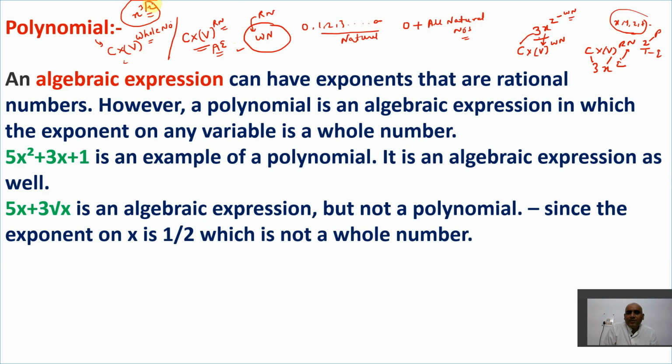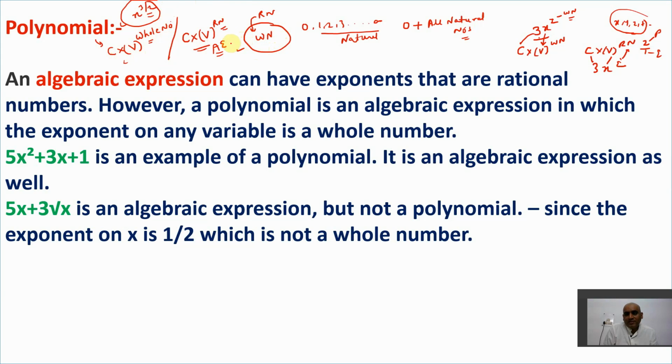Because in a whole number there is no fraction or anything like that. But in the rational number, it is a rational number because it takes the form of p by q. So all the whole numbers come under rational numbers, but all the rational numbers do not come under whole numbers. So if all the whole numbers come under rational numbers, that means all the polynomials come under algebraic expressions, because in a polynomial we only use the power of a whole number along with the variable. That means all the polynomials are a part of algebraic expressions because all whole numbers are a part of rational numbers. I hope you get this point.